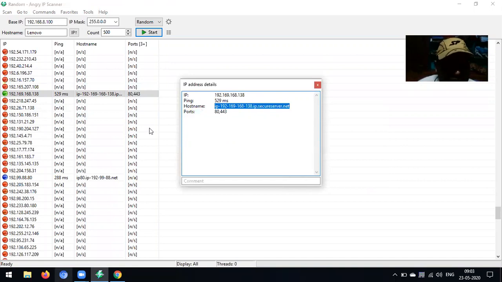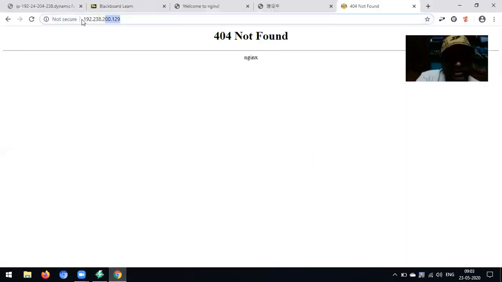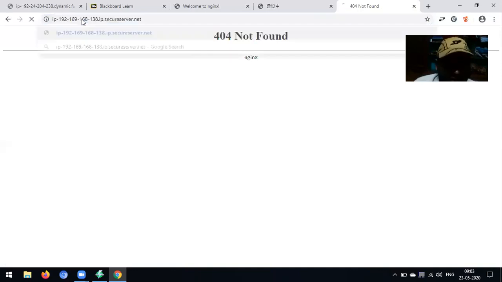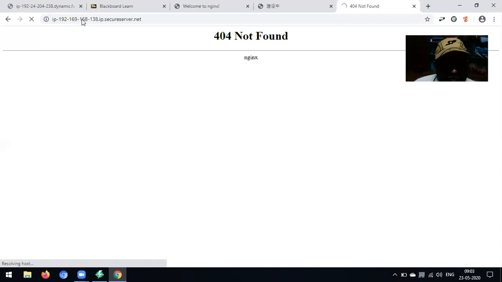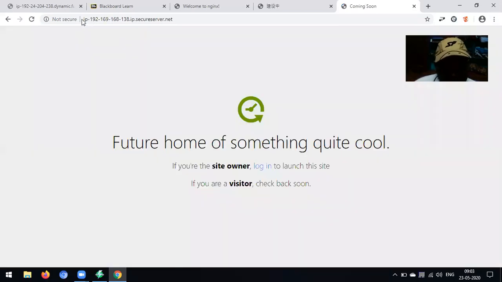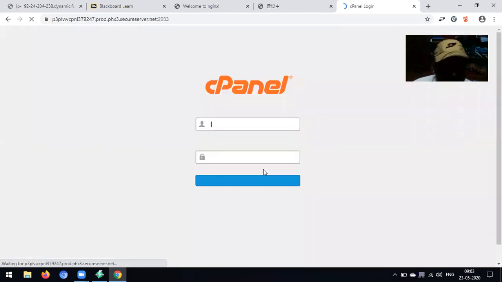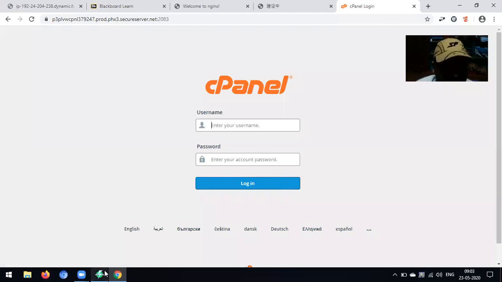This is the way hackers actually work. They will directly use Python and ping each IP, and after that they don't use Angry IP scanner. They will directly use Python. Okay, this is a cPanel. This IP forwards to the cPanel. We get the cPanel login. Likewise, we can get a lot of things while using Angry IP scanner.